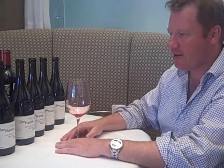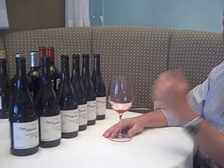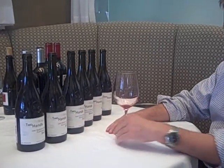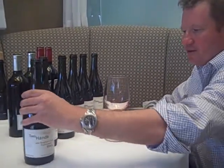Wow, that's got some length on it. Then the 06 Sophie's Garden from Padthaway. Padthaway is a bit, I always see it as a contradiction of a wine. When you smell Sophie's, which is named after my business partner's wife Sophie,